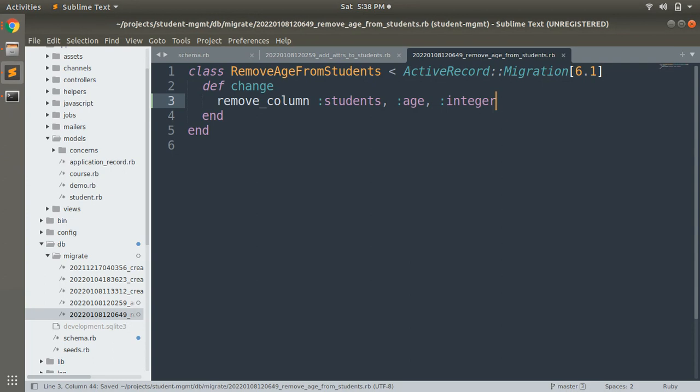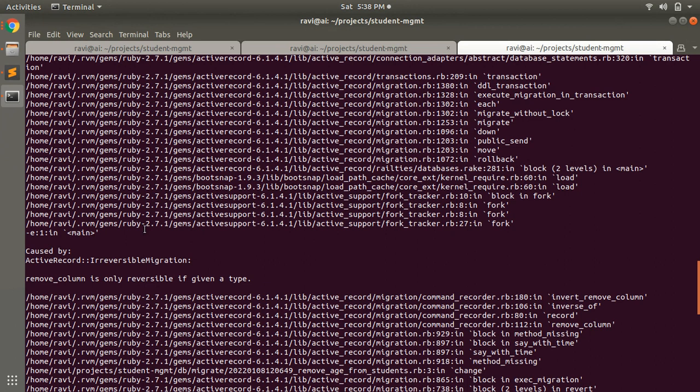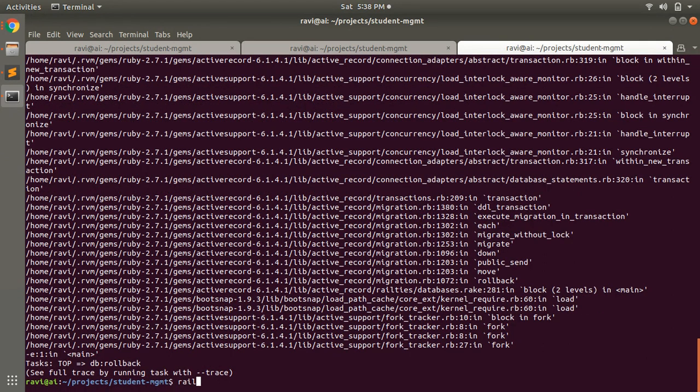If we want to make this migration reversible, we must add the type. For removing the attribute, the type is not necessary, but if you want to make your migration reversible, you must add the type here, because you can clearly see the error: irreversible migration, remove column is only reversible if a type is given. So now run rails db rollback.